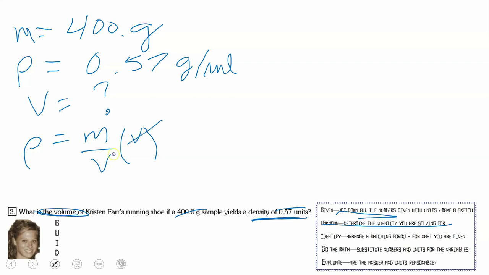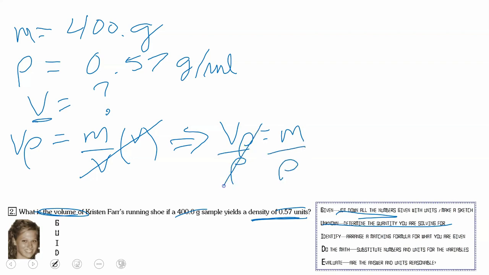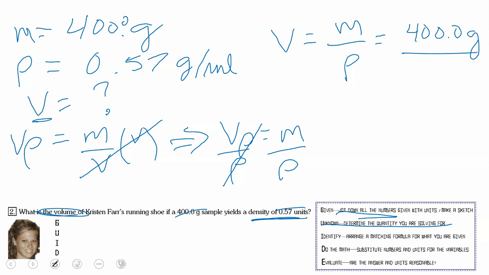So I'm going to multiply both sides by volume. That's going to give me volume times density is mass. But I want volume by itself, so now I'm going to divide both sides by the density. To find the volume, I'm going to take the mass and divide by the density. The mass is 400.0 grams, I didn't copy over the 0 there, and divide by this density of 57 hundredths of a gram per